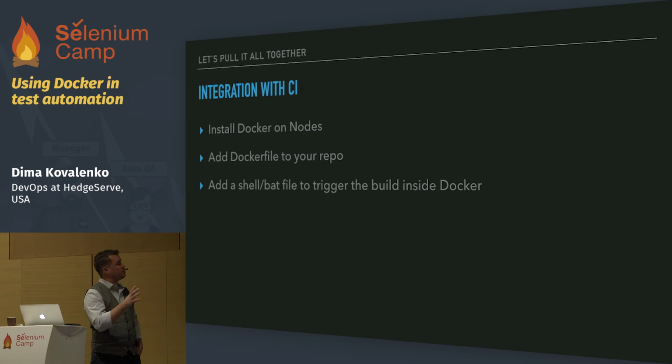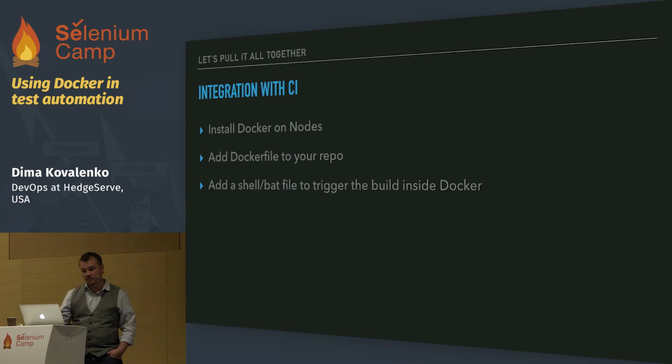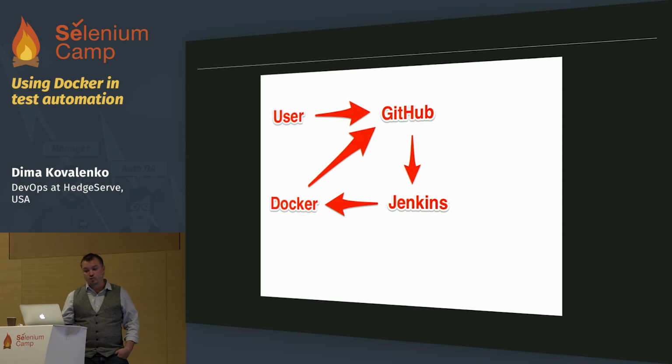With a manual setup, if you were to set this up yourself, it would not take that long, and there's a little bit of learning curve, but otherwise it's not that hard. A friend of mine wrote a plugin called .ci, and what it does is it integrates Jenkins, Docker, and GitHub all together, where a user pushes something to the GitHub repository and creates a pull request. GitHub then triggers the Jenkins build. Jenkins then stands up a Docker container and notifies GitHub of passing or failure, and it notifies it directly onto